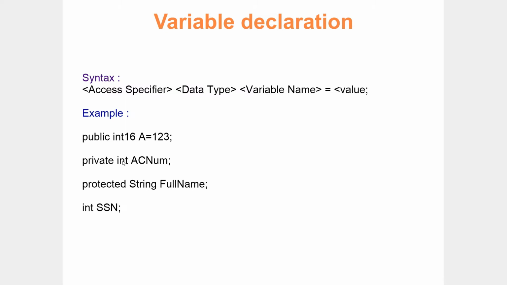Is there any data type called int in C Sharp? As per our discussion, when you talk about integer, we have only three categories: int 16, int 32, and int 64. There is no data type called int, right? So if I define it as int, will it be accepted by the compiler? Guys, yes or no?